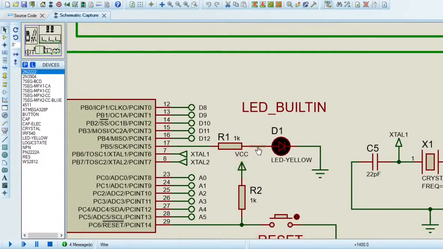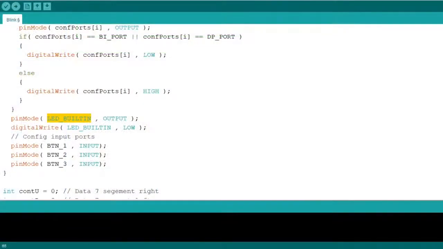So, as you can see, I use the LED built-in. I'm trying to configure this 17 port like output, right? I'm trying to configure the LED built-in like output, and the initial state is low. And with this, I